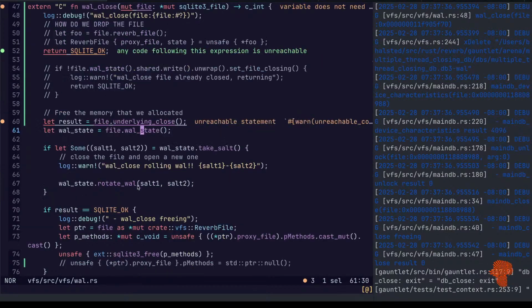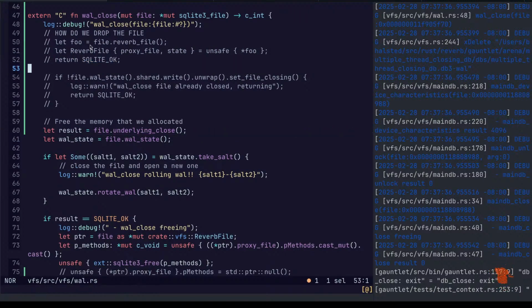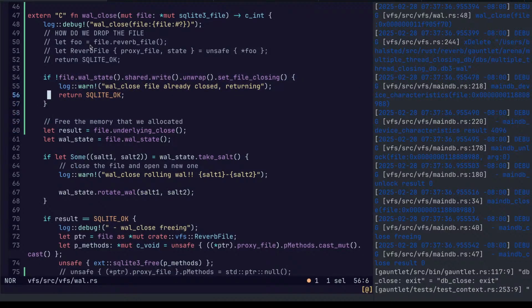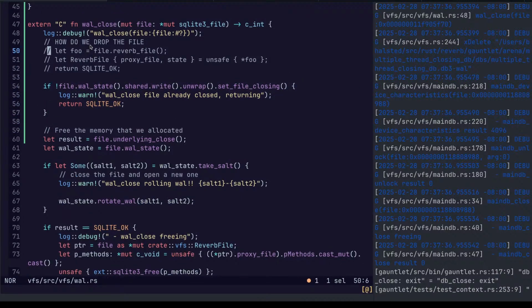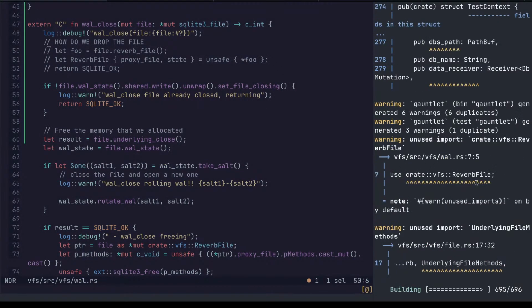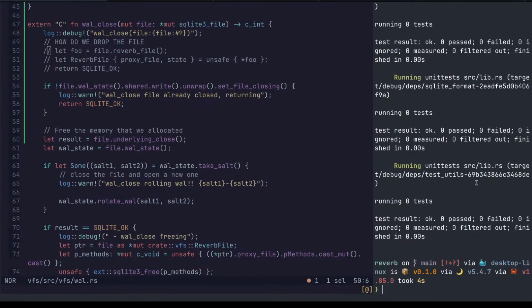Now, the reason we're not seeing the rotation is because the code is bypassed. Okay, let's try again. Cargo build. This should break. It should break.